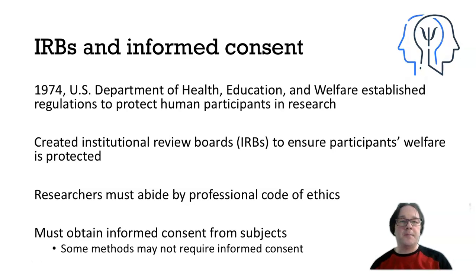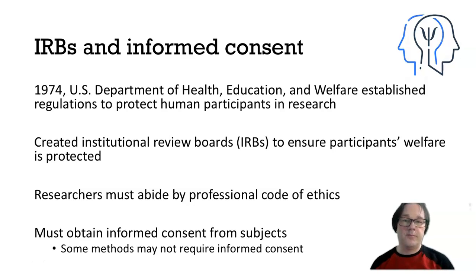And IRBs are made up of people within the institution. Let's just say, for example, at Oneonta, our institutional review board, I believe there's 10 or 12 people. They're usually between 10, 13 people on the institutional review board. They're made up of faculty members. You also have a student representative, and you have a community representative. So somebody not associated with the college is there,